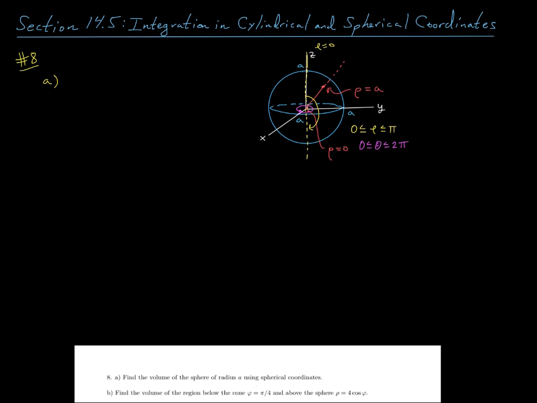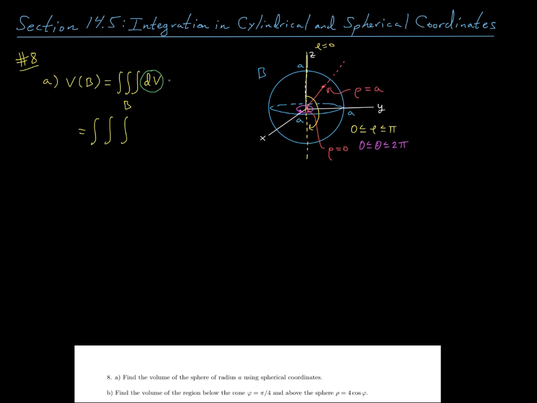All right, so here, if I go ahead and call the solid ball, let's call it, say, B, then we know that the volume of the ball is equal to the triple integral of just dV over the ball. And so now to set this up as an iterated integral in spherical coordinates, well, we're going to have our dV,